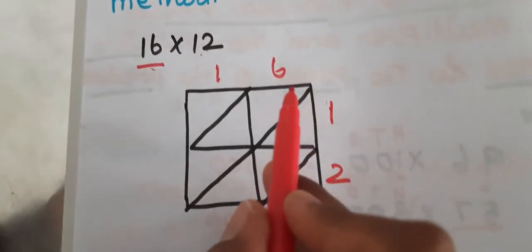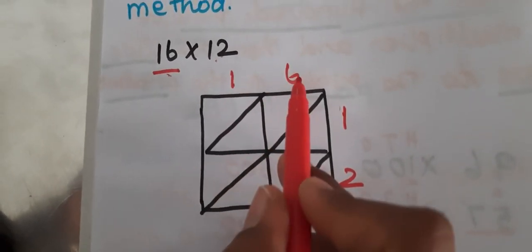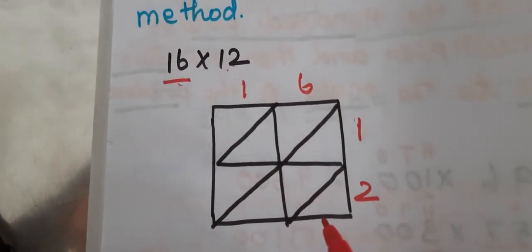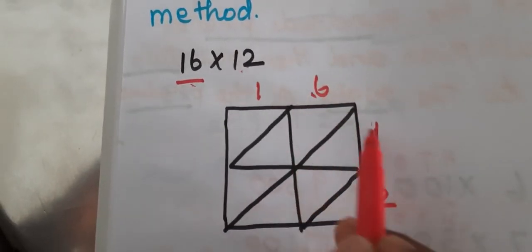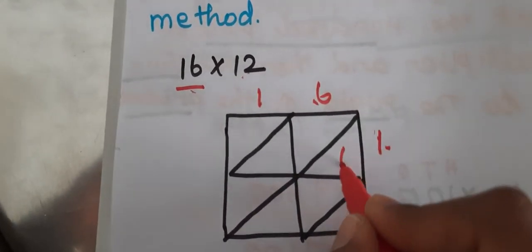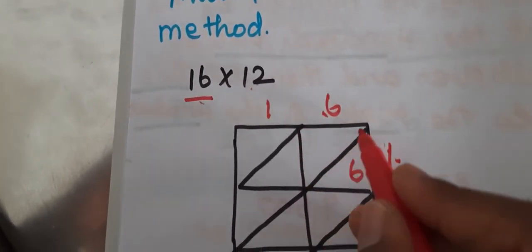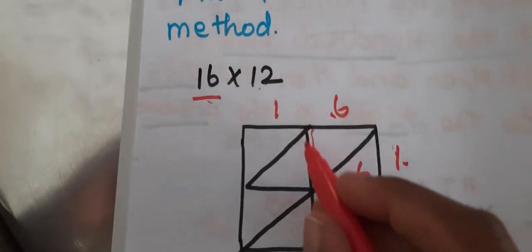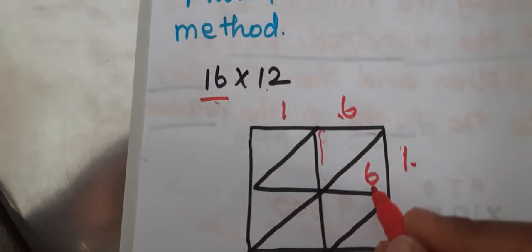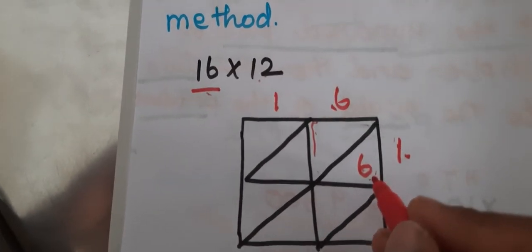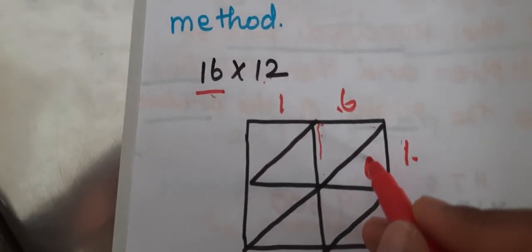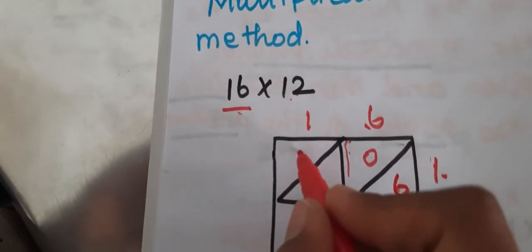So first you have to multiply the 16 with 1. After that you move to the next one. See here, 6 into 1, what is it? This is 6. This 6 you have to write here. What we have to do in this box, this box we call the carryover box. If you get any 2 digit number, the tens place number you write here, as a carryover, and the ones place number you write down. Because here we got a single digit, no problem, you write 6 here, and here you put 0. 1 into 1 is 1. So no carryover, no tens place, so write 0 here.